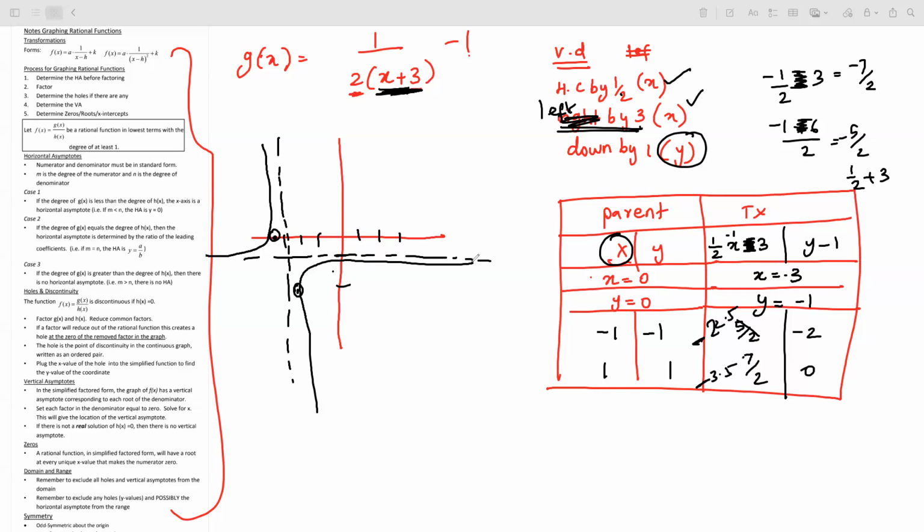Yeah. Move to the left. Okay, correct. Left by 3 and then